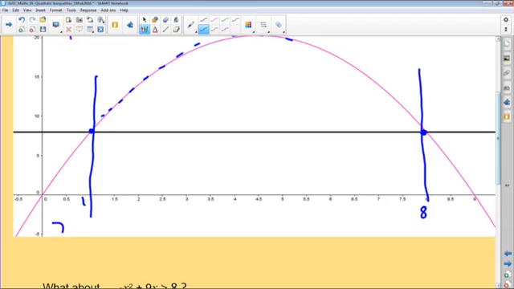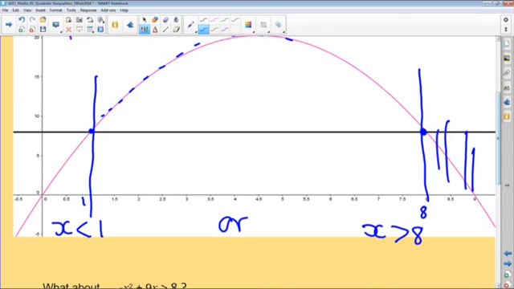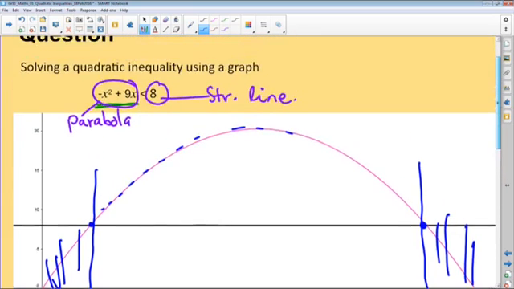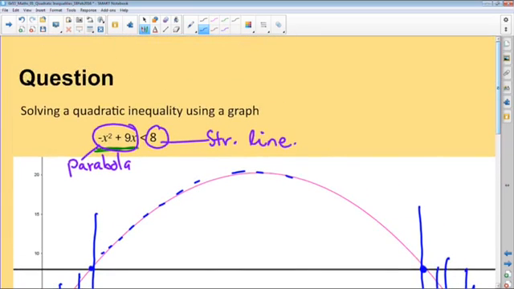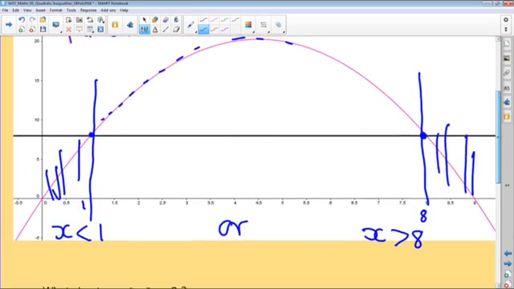Your x should be less than 1, or x is greater than 8, because from this point up, the parabola is below the straight line, and then this point going below 1, it is below the straight line graph. Now, guys, for us to make this easier, okay, we know that x is less than 1 or x